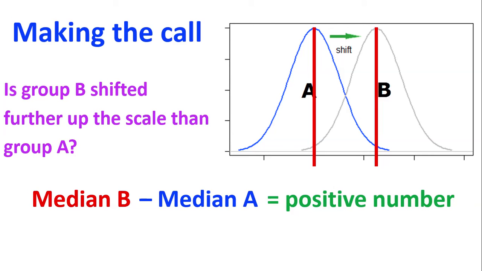If I try and do a specific example of this, if I take the median of Group B, so there's 1, 2, 3, I say the median of Group B is about 3.2, take away the median of Group A, so this is 1, 2, there's the median of Group A is about 2.2, so 3.2, take away 2.2, I'm going to end up with a value of 1.2, which is a positive number. So I'm looking to see if I get a positive confidence interval, that means that the median of Group B is bigger than the median of Group A.